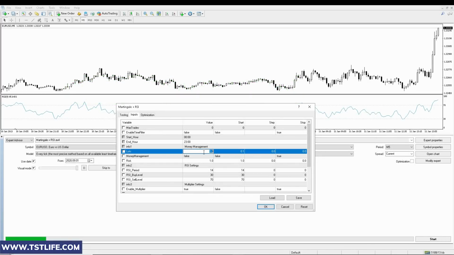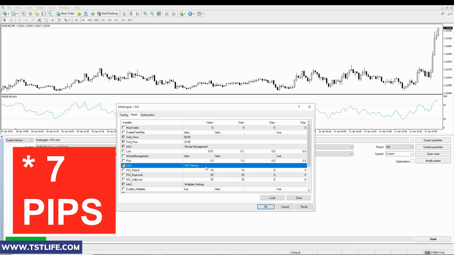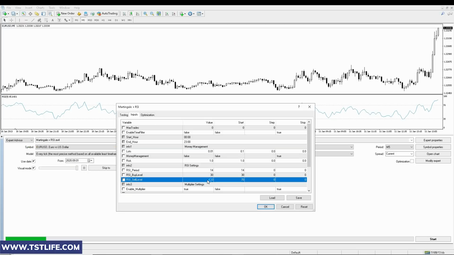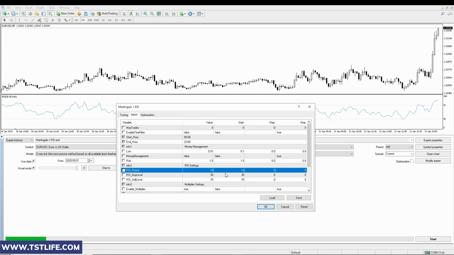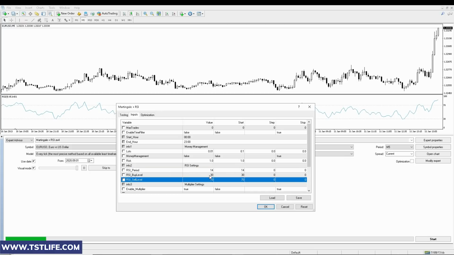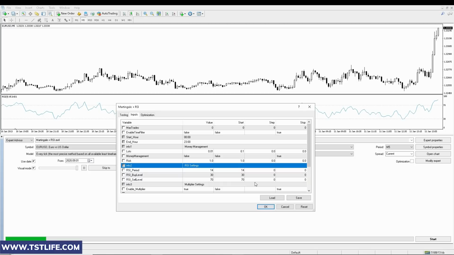To remain longer in the market, I'll use a volume size of 1 microlot and opt for 70 pips as a fixed take profit. Regarding the RSI indicator settings, I'll stick to the 14 periods and go short when the price goes above 70 and buy when the price crosses below level 30.